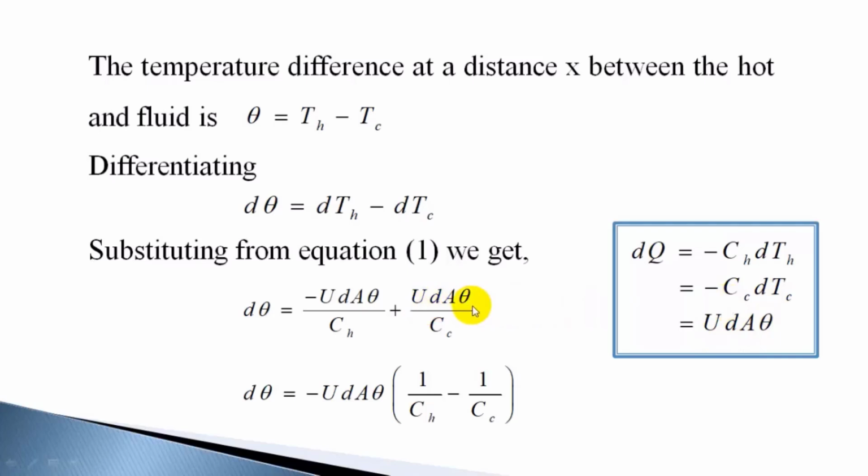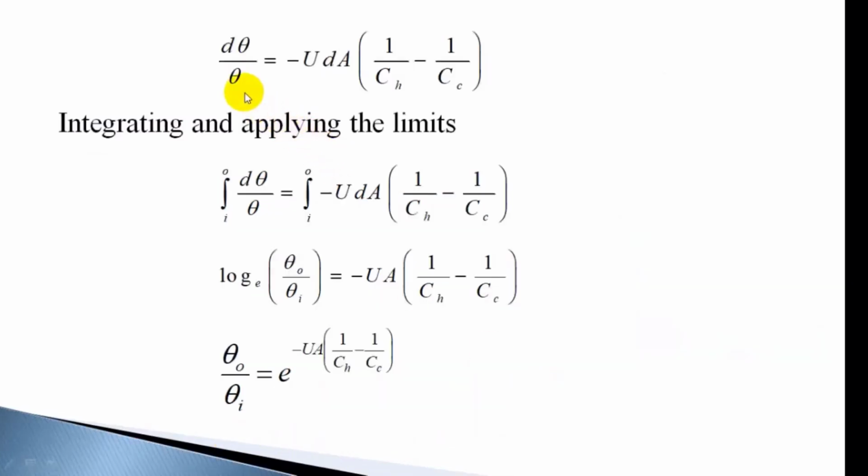Substituting, minus of minus has become plus, and you can take minus U dA theta outside, and you get 1 by Ch minus 1 by Cc. So we get minus U dA theta into 1 by Ch minus 1 by Cc. So this is d theta. Now rearranging, you will get d theta by theta is equal to minus U dA into 1 by Ch minus 1 by Cc. Integrating from inlet to outlet,